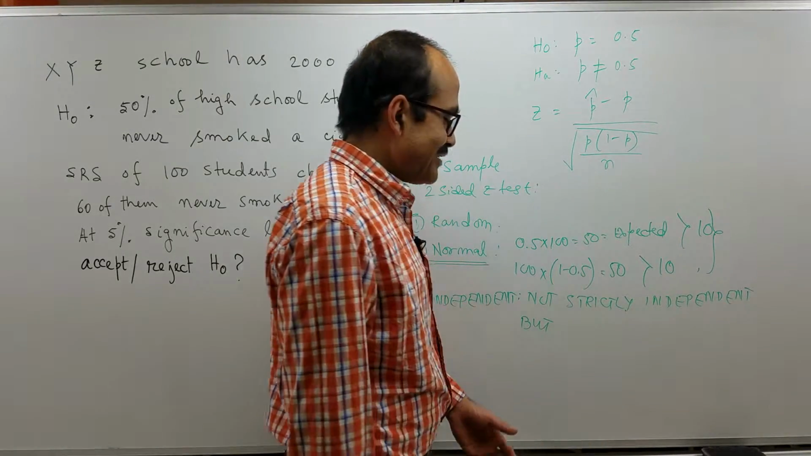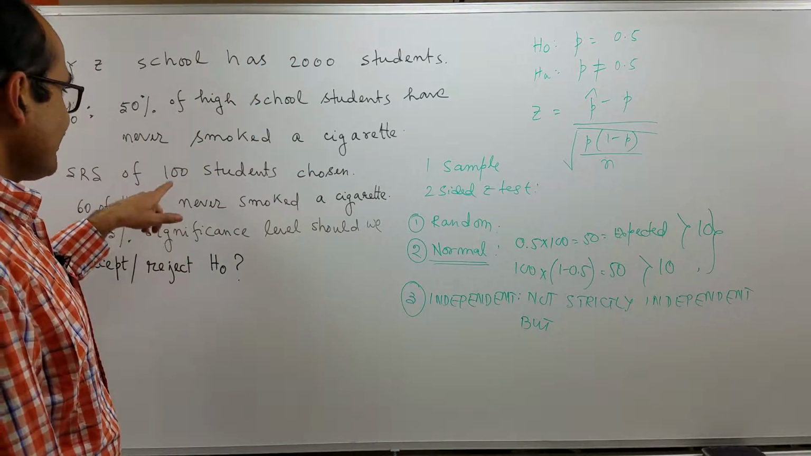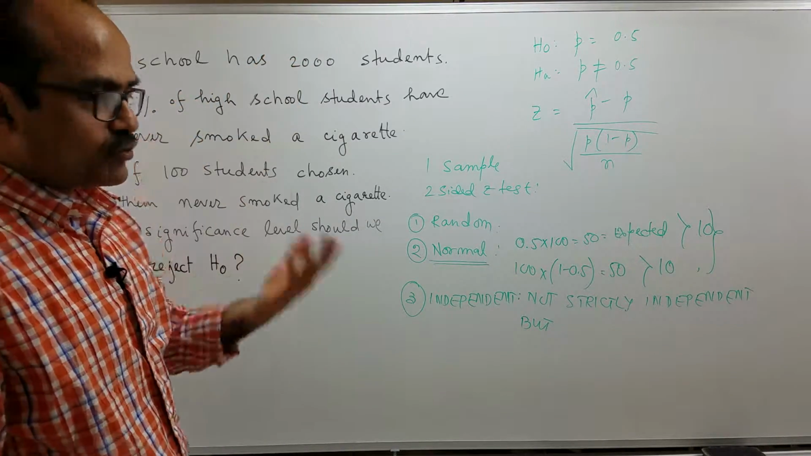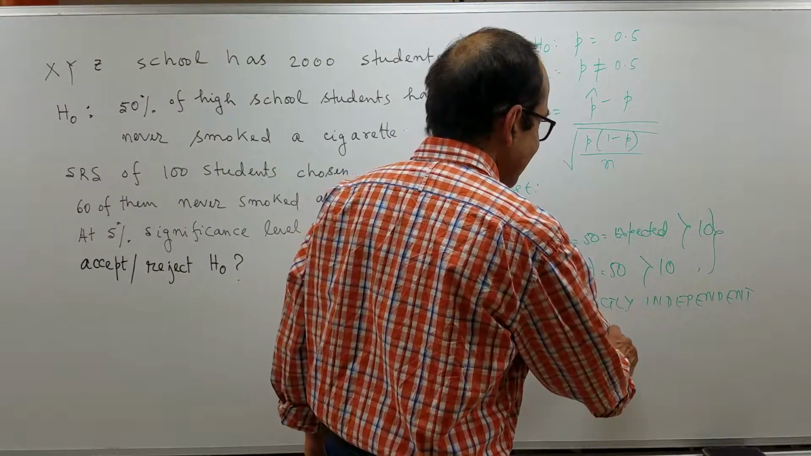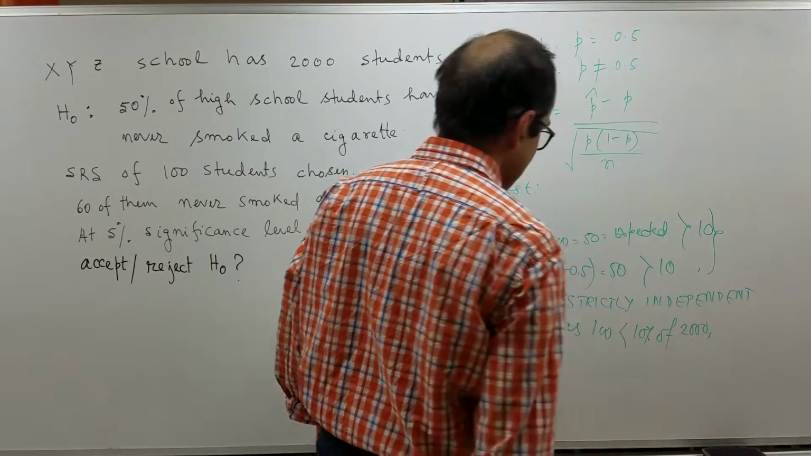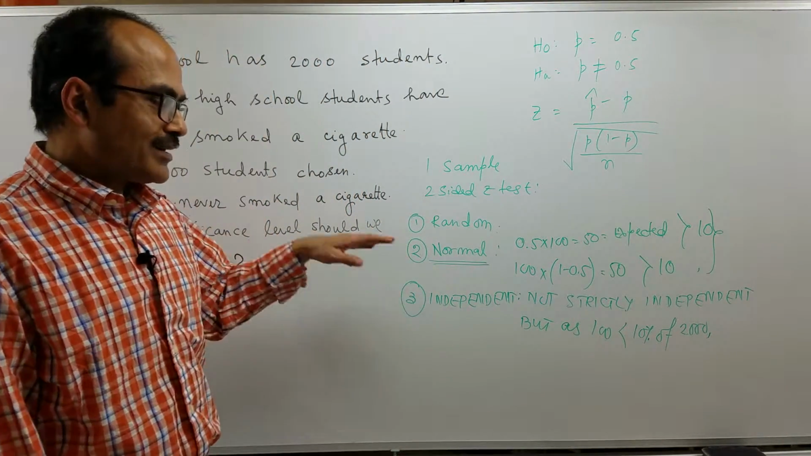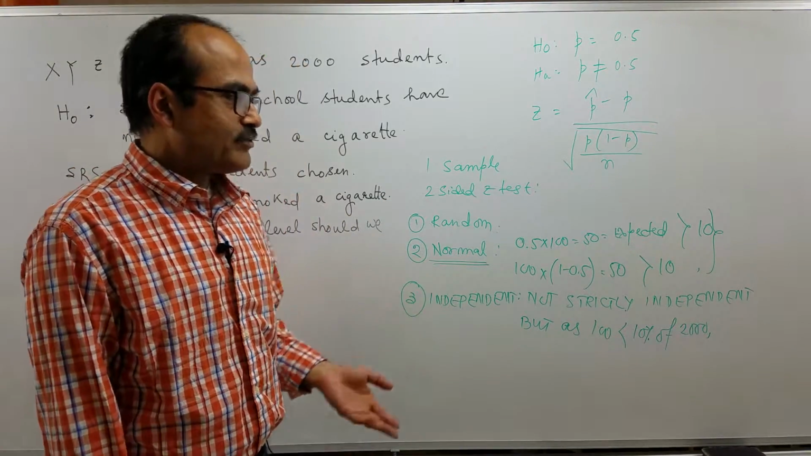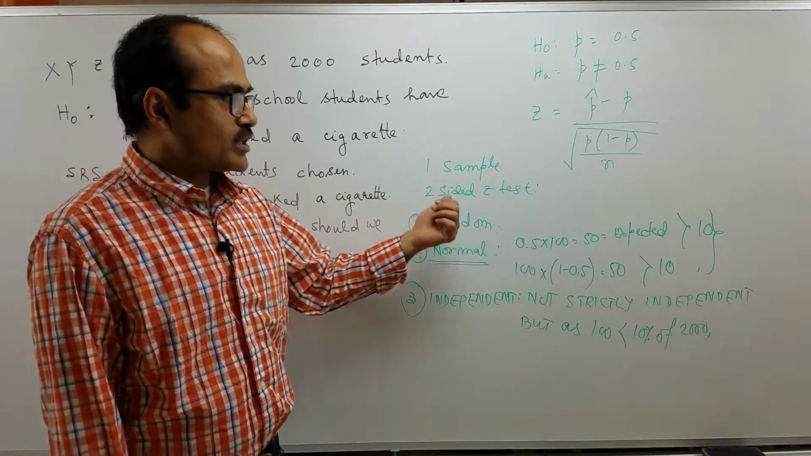but as n is less than 10% of the population size. So, 100 is small n in this case and population size is 2000. So, 10% of 2000 is 200 and 100 is less than that. As 100 is less than 10% of 2000, we can use independent approximation for this sample. So, all these three conditions are satisfied for this sample, and hence we can use one sample two-sided Z test